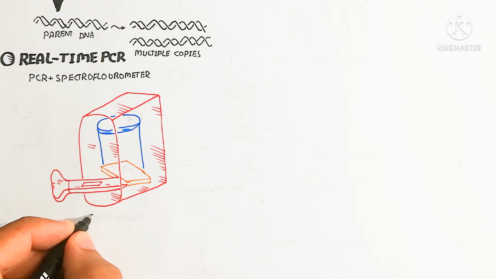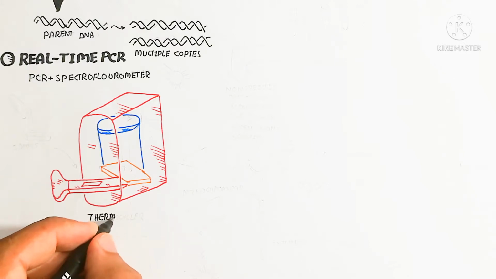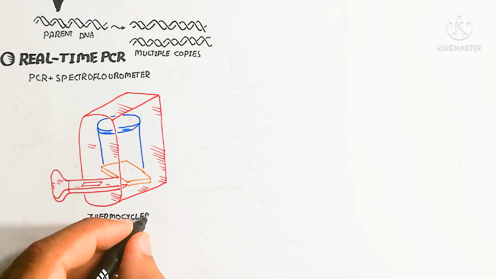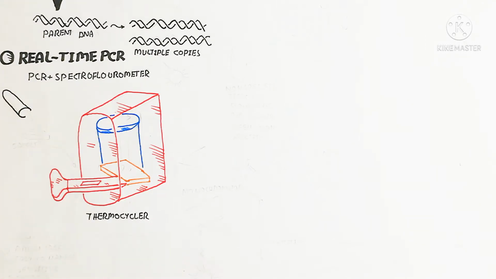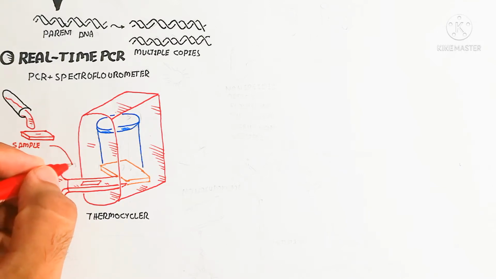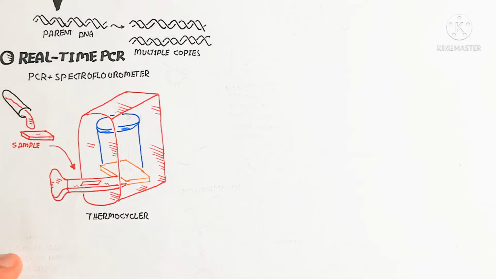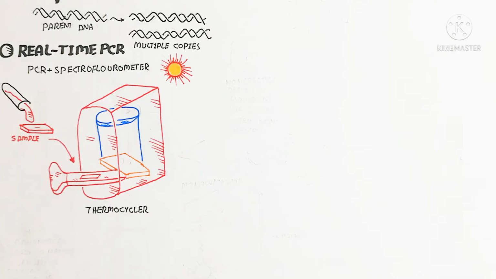in the graph a quantitative analysis to show the color. So here is the PCR which contains a spectrofluorometer, and the blue color plate shows the spectrofluorometer, which absorbs the light, and that light will fall on the sample. Here is the sample we are putting in, and when the sample contains a genome which is amplified, it also produces color. We regularly watch the color and distinguish the color pattern, and we can identify the genome of our interest. So I hope that makes sense.